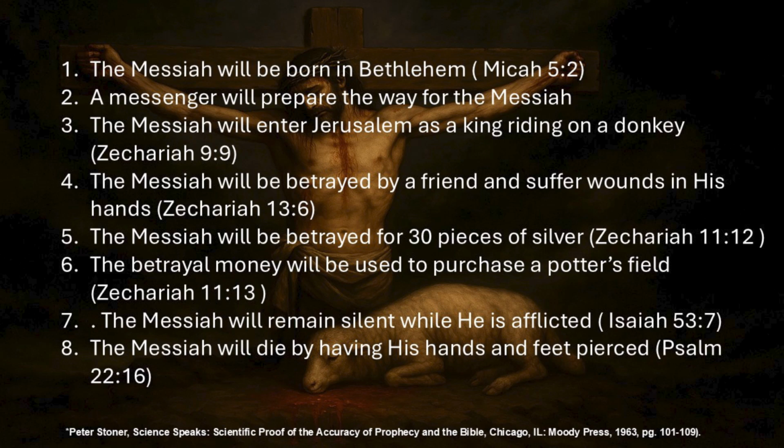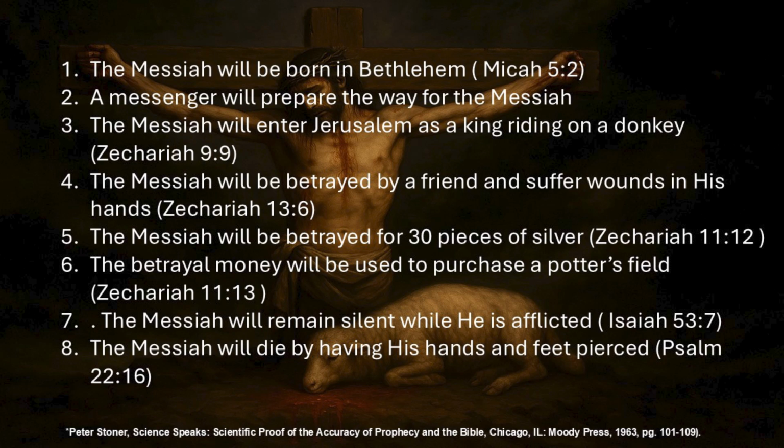The Messiah will be born in Bethlehem. A messenger will prepare the way for the Messiah, that Elijah guy. The Messiah will enter Jerusalem as a king riding on a donkey. The Messiah will be betrayed by a friend and suffer wounds in his hands. The Messiah will be betrayed for 30 pieces of silver. The betrayed money will be used to purchase a potter's field. The Messiah will remain silent while he's afflicted, even though he's not innocent and not guilty. The Messiah will die by having his hands and feet pierced. So there's all the references where those